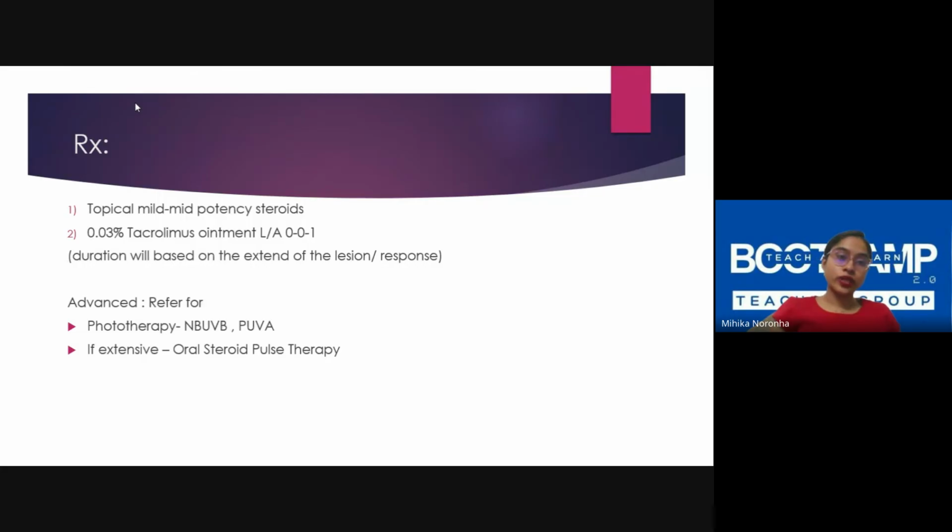Please do not try doing PUVA, NBUVB topical applications in rural areas. Your patient will come back with nice blisters and give you nice galis left, right, and center, because they do have more sun exposure than what we would ideally like. You're supposed to expose to sunlight for a maximum of 15 minutes, but they tend to spend their whole day outdoors. So if you give something like PUVA therapy, they can have burns. So that counseling is a good long counseling that we have to give about protection from sunlight, use of sunscreens, full sleeve clothing, all of that.